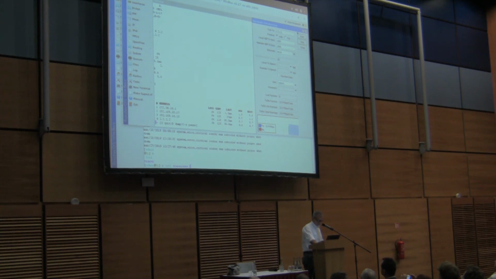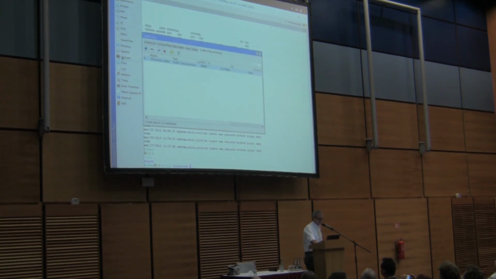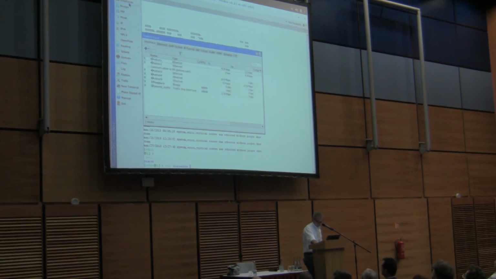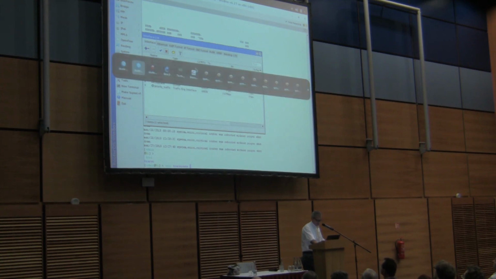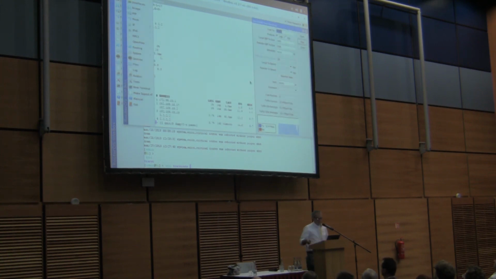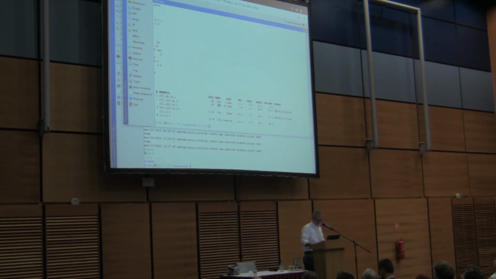So now I will simulate if something goes wrong with this router here, for example. I will disable this interface and see what happens with the traffic. The traffic lost some packets here, a little bit, and then the traceroute is only one step through the upper router.